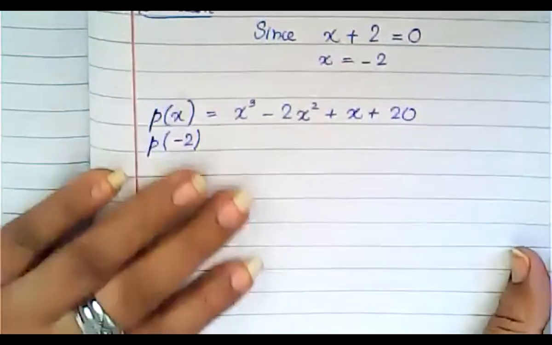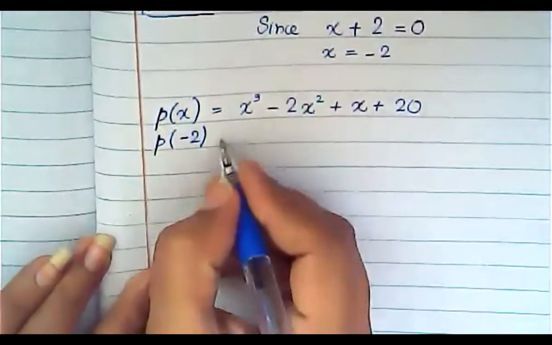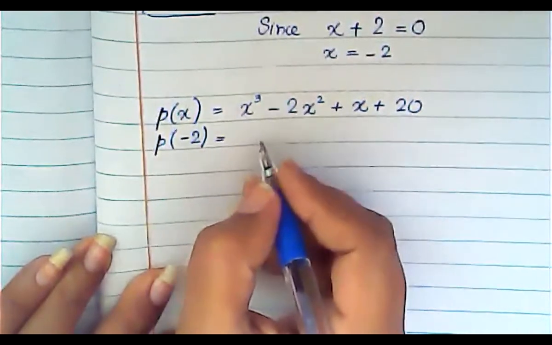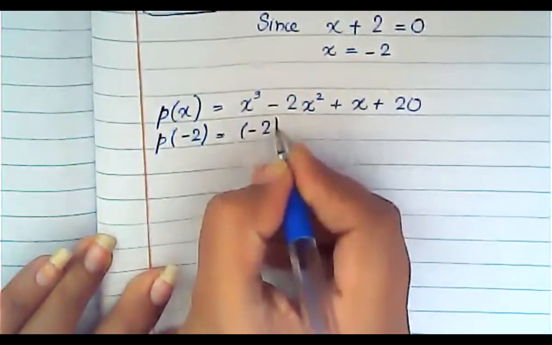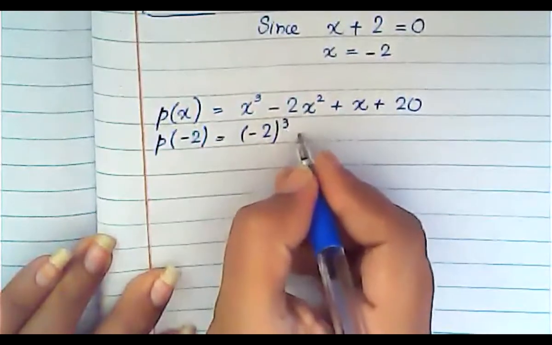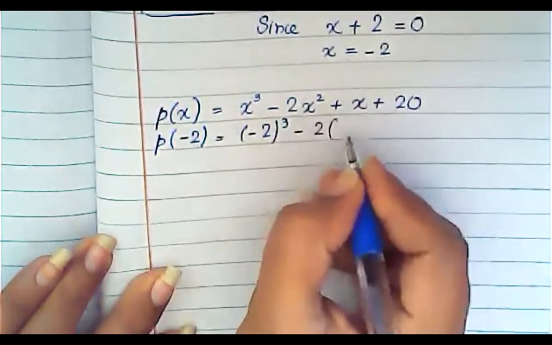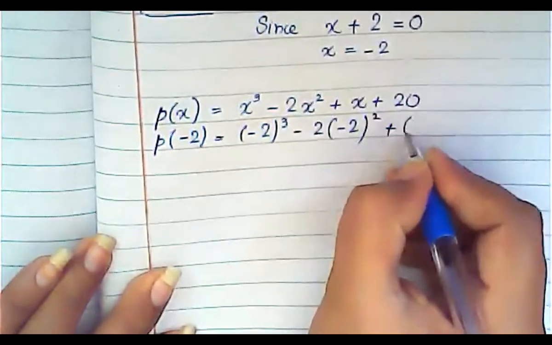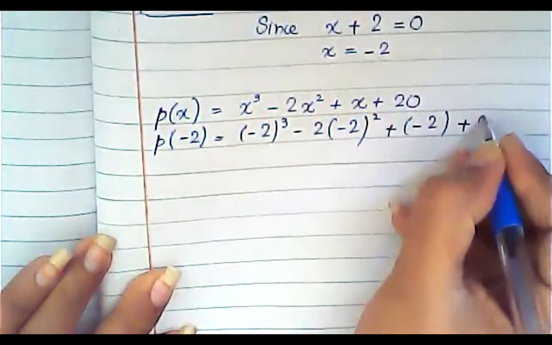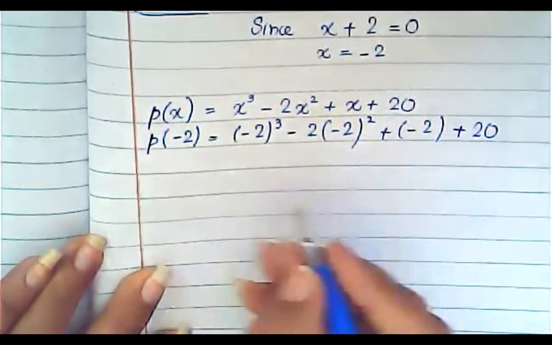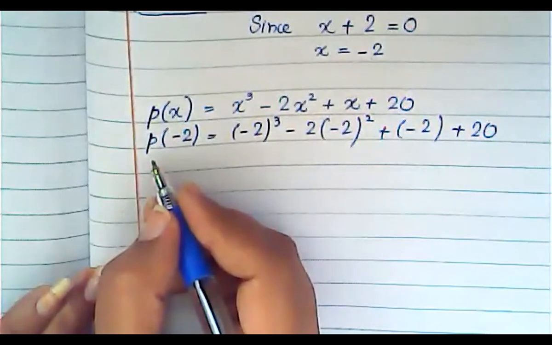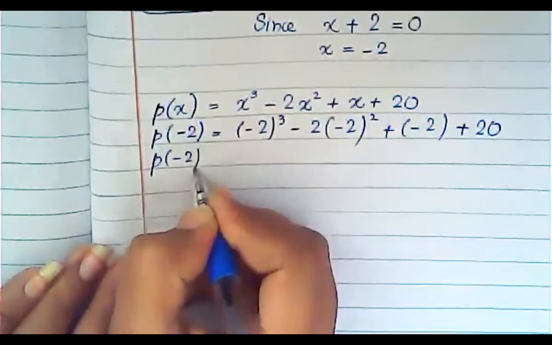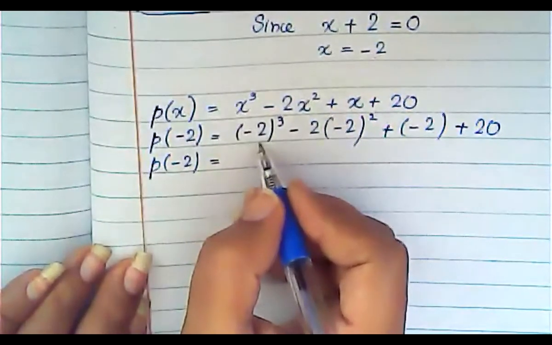So what you will do, you will write here, instead of x you will put the value of x which is minus 2. So you will write here minus 2 whole cube, replace x with minus 2, square plus, instead of x you will write here minus 2 and plus 20. That's it, right? Now again please keep in your mind that this is a small p. Again you will write it down here, p of minus 2 is equal to,